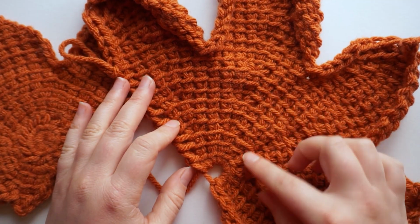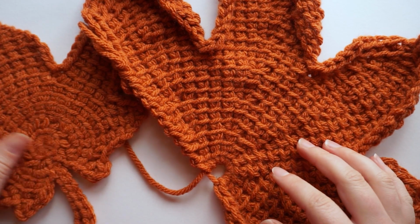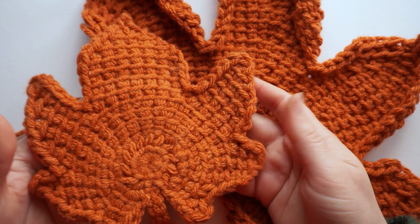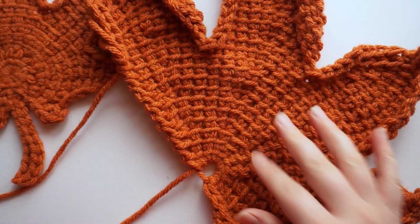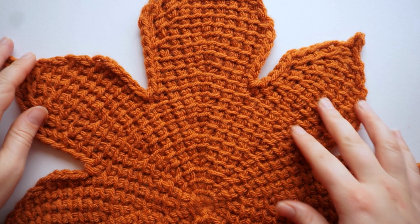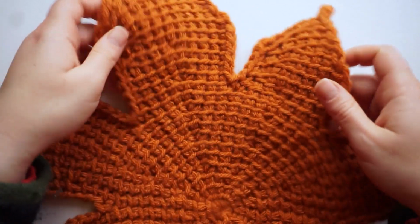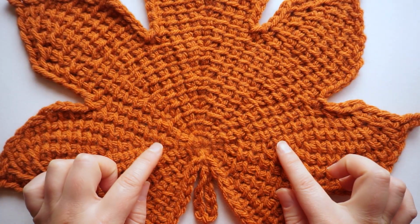So I'll go ahead and finish this and show you what it looks like in the end after blocking. This one was blocked with steam, and if you're using wool, you can felt this and make a felted pot holder. When it's finished and after a gentle steam blocking, the leaf looks like this. This is the acrylic one,